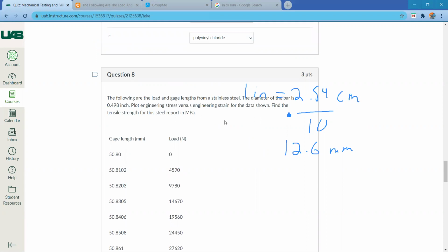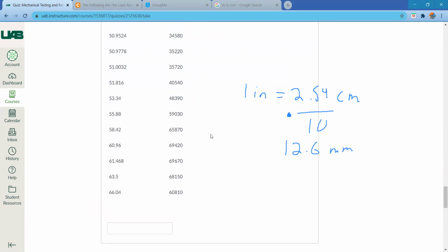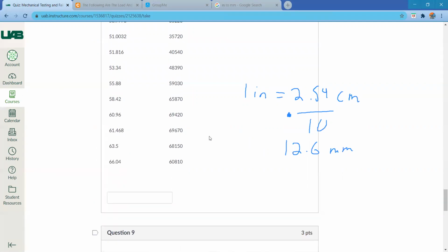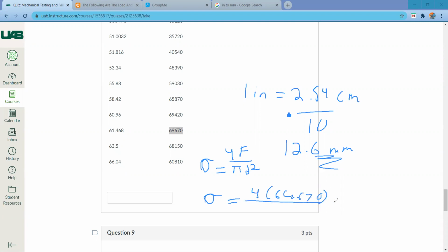And it's asking for the tensile strength. So the tensile strength is going to be the max load that this bar has on it, which appears to be right here, 69,670. So I'm going to use my stress formula here, which is equal to 4 times the force divided by pi diameter squared. And this is our diameter in millimeters, because it asks for it in megapascals, and you're given it in inches, so you need to convert. 4 times 69,670 divided by pi times 12.6 squared, which is going to equal